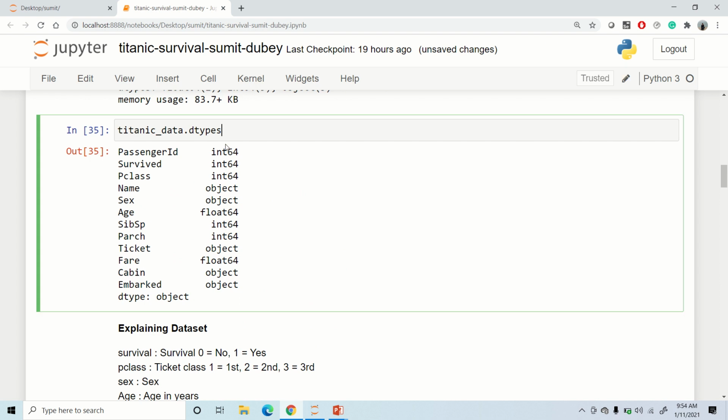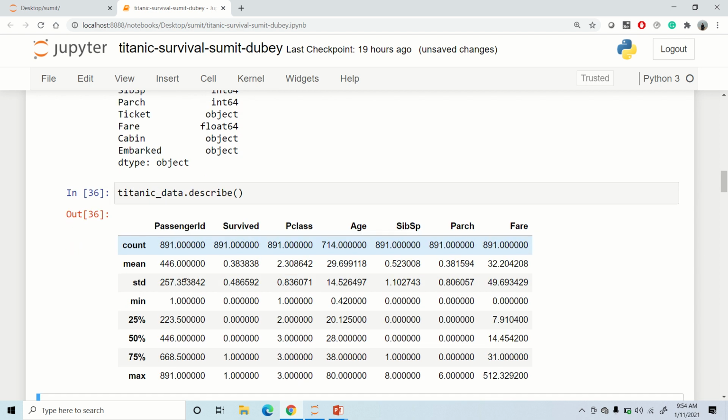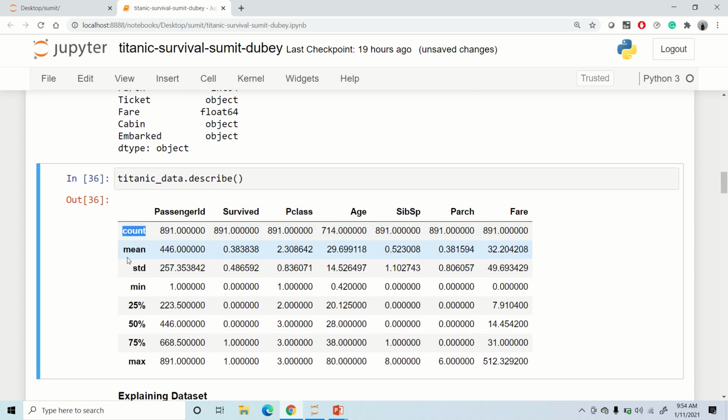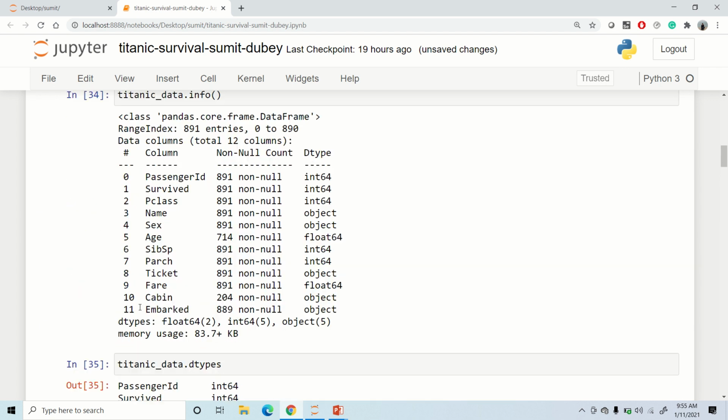If you want to get some stats about the data, you can say Titanic data dot describe, and that will provide some stats about the data. So you can see it is giving count, mean, standard deviation, minimum value and the maximum value. Okay, great. So we have done the exploration of the data set.